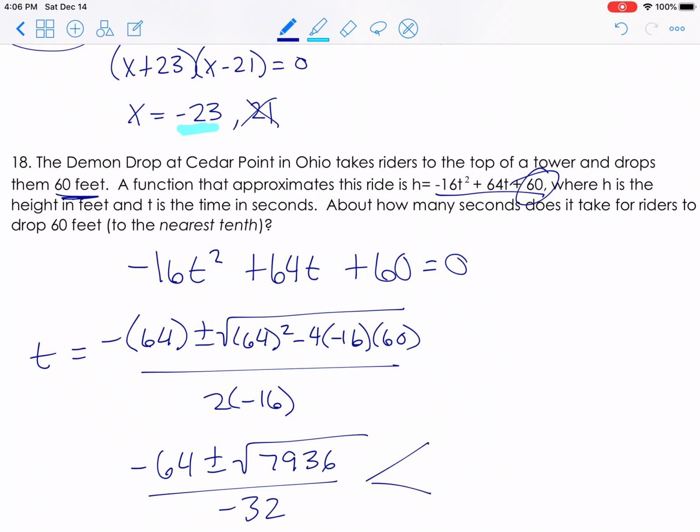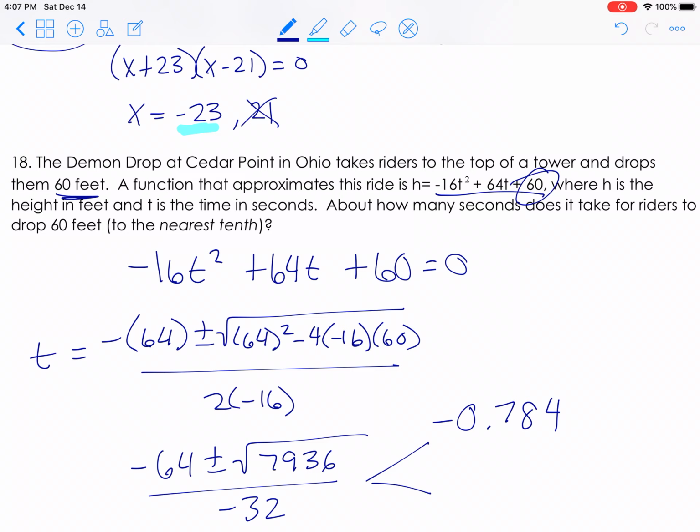Okay, since this is a story problem and I'm shooting for a decimal approximation, I'm going to go straight to my calculator. First, I'm going to calculate -64 plus square root of 7936 divided by -32. When I did that, I got the answer -0.784. A negative answer doesn't fit what we're looking for,